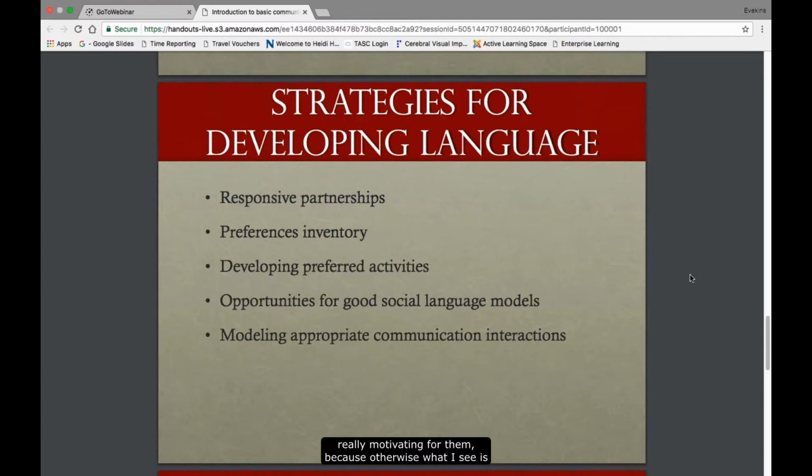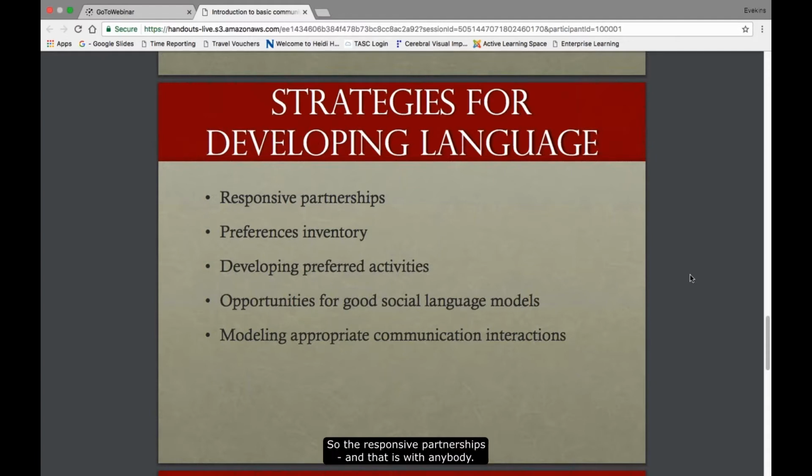Because otherwise what I see is the protests become very clear and very obvious, but then we don't really see intentional communication except in those protesting stages. Our kids are really very good at protesting and telling us what it is that they don't like. And that doesn't change. I have an 11-year-old and a 9-year-old. They're still very good at protesting and telling me what it is that they don't like.